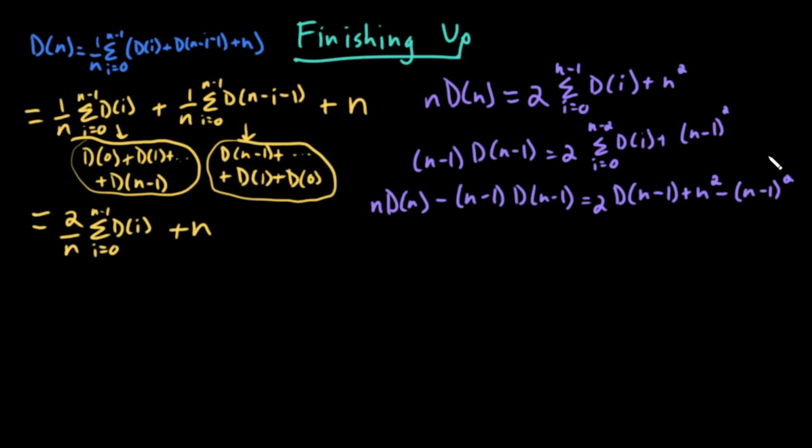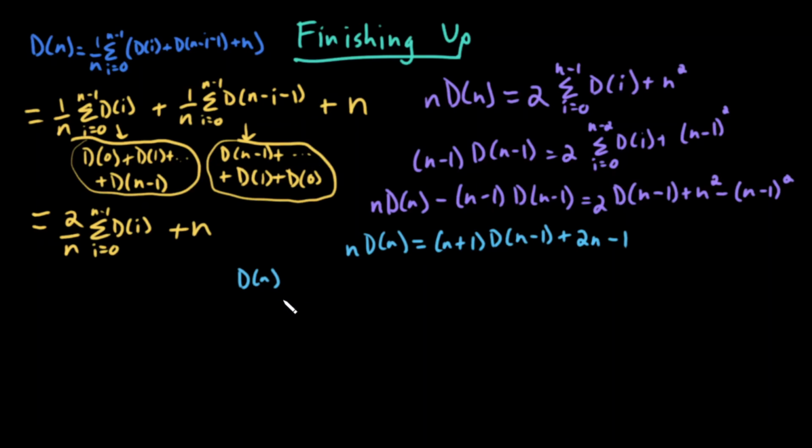If I collect these terms, I can get a final recurrence relation of n times d of n equals n plus 1 times d of n minus 1 plus 2n minus 1. And to solve this recurrence relation, I can divide by n times n plus 1 to get d